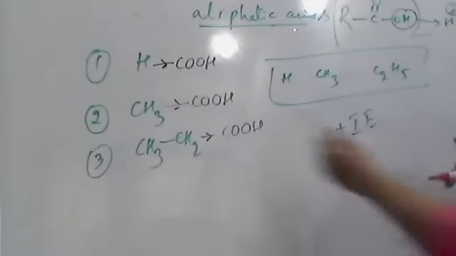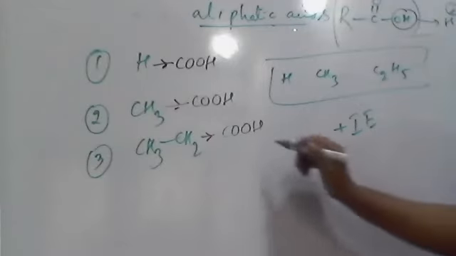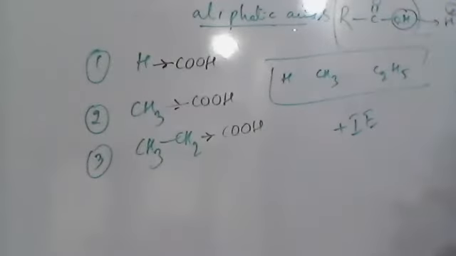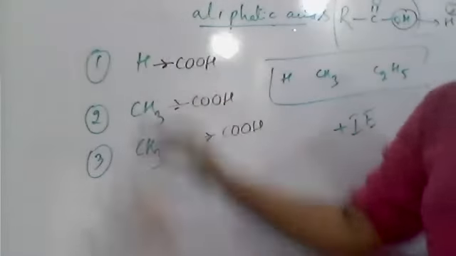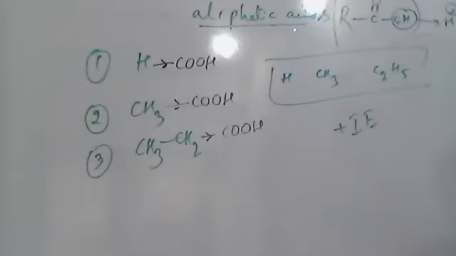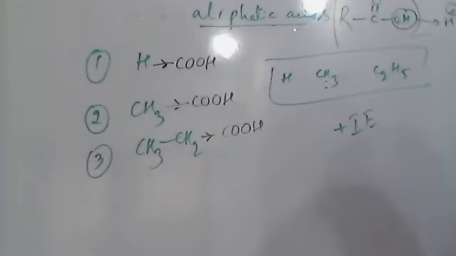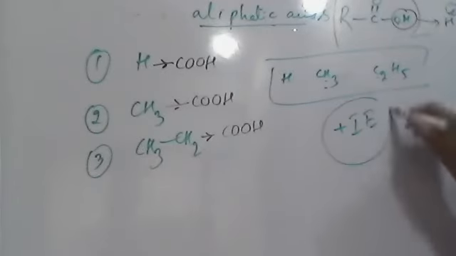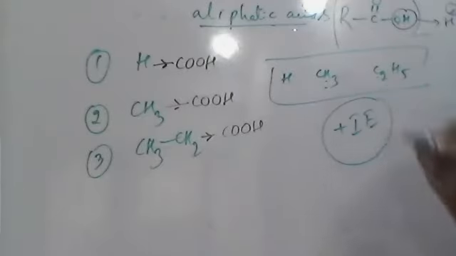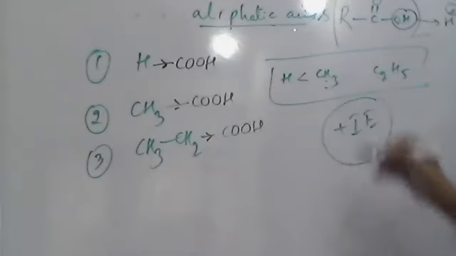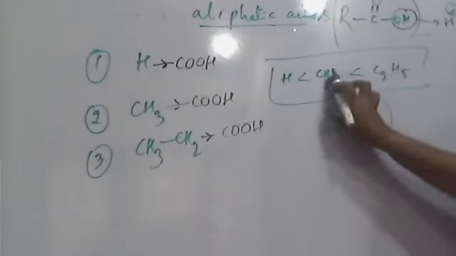They donate electrons to this carbon. So therefore, as the electrons are coming from the back side, this oxygen gets electron rich. Release of proton will become slower. So always these decrease acidic nature. So simple here, as the number of carbons in the alkyl group increases, electron donation capacity increases, so plus I effect increases. So what is the order here? For this plus I effect, hydrogen is less than methyl, methyl is less than ethyl.